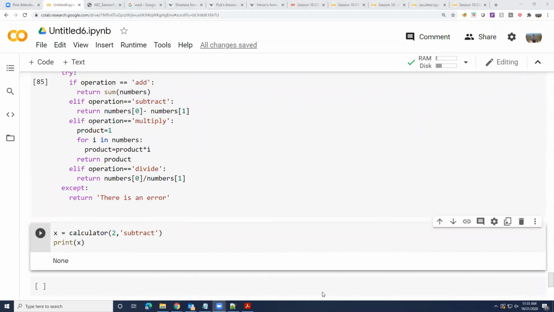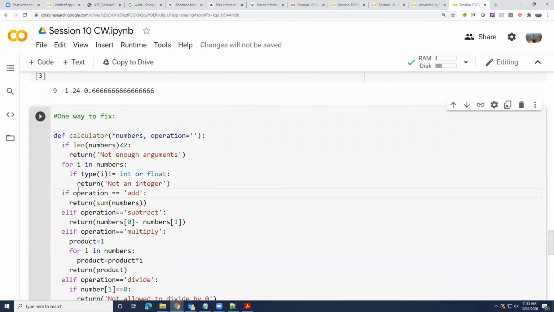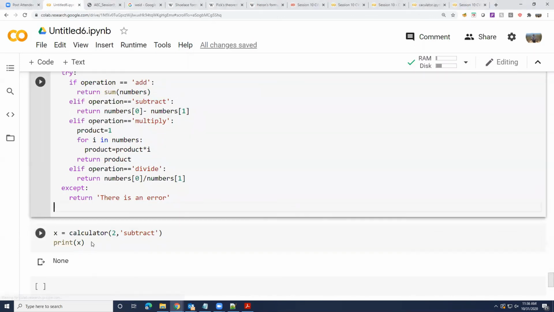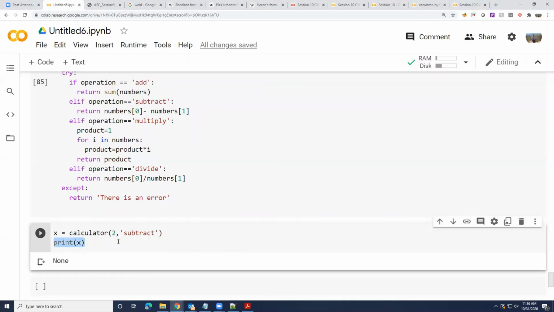How do you know? Yeah, you can fix it by checking for type separately, Shruti. You check like this. Right, like that. So any thoughts on how to make it return an error? Right now it's not returning an error, it's actually not returning anything.